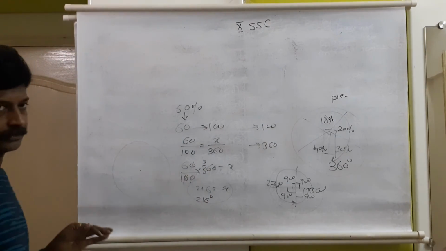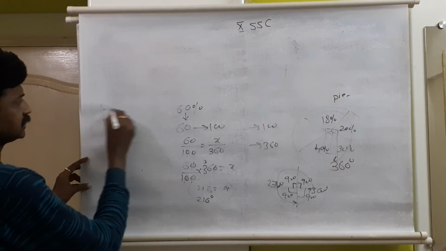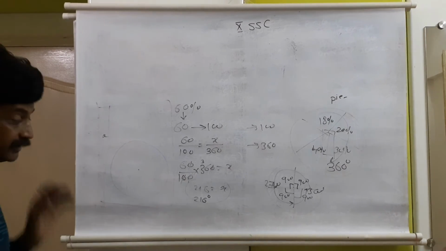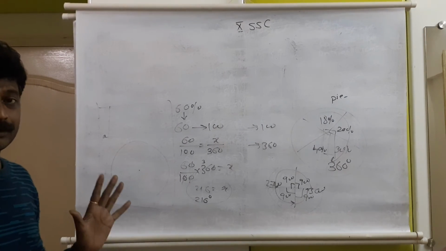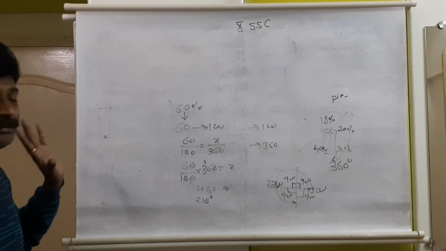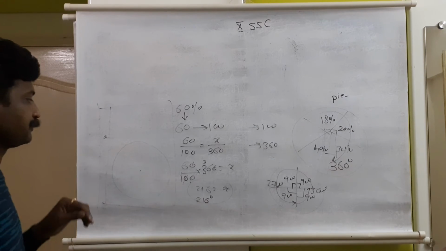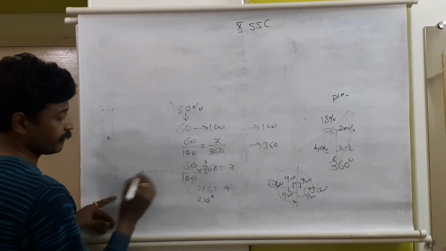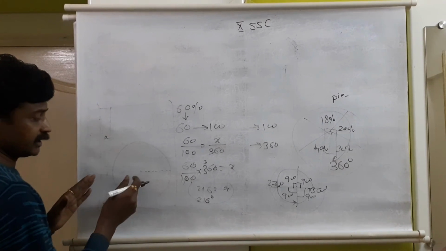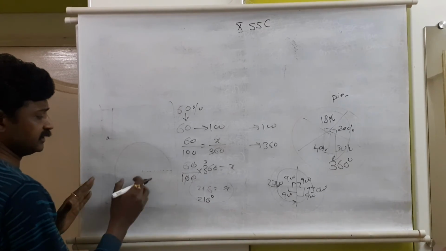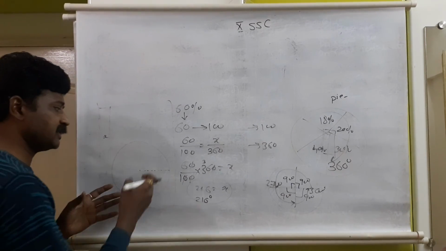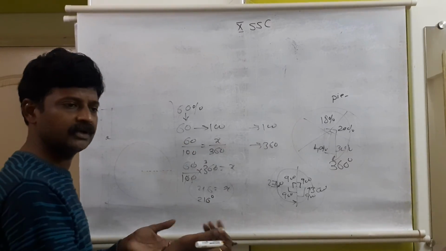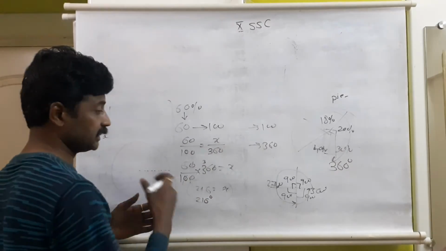Then it is drawn. Suppose this is my answer paper, and the question number has to be written there. Now only this one we are going to show, 60%. Only 60% we have to show, that is 216 degree. So this is 0. You can consider this line as the starting line. Anywhere you can consider, either here, here, here, not necessary. If I consider here and somebody else considers somewhere else, it does not matter. As per that, his diagram will come and it will be considered okay, because mathematically it is correct.